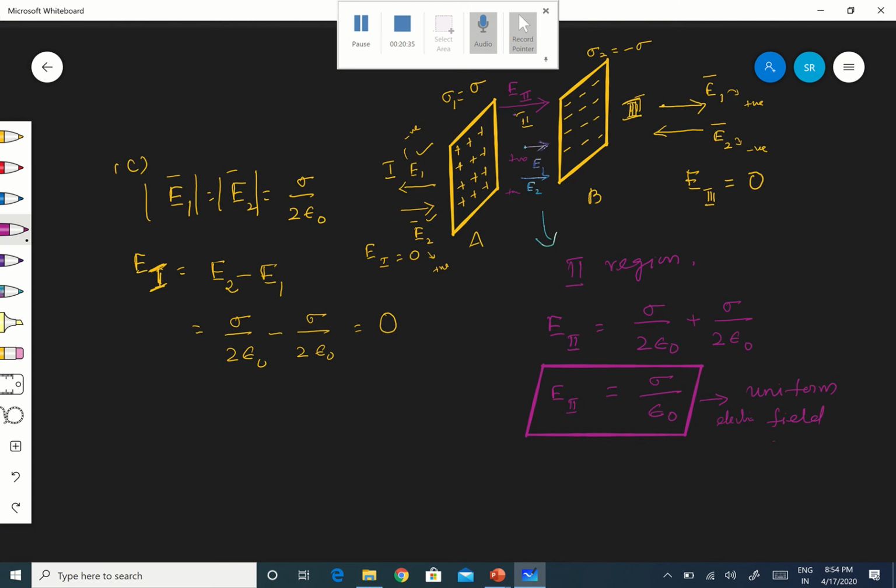Okay, so this is actually very, very important. Two sheets A and B, one is positive and the other is negative charge, but the surface charge density is the same. In that case, to the left of A, the field is 0. To the right of B, the field will be 0. But there is a non-zero uniform electric field in the region between the two plates. This is how uniform fields are produced in practice. This is a method to produce a uniform electric field in practice. Is it clear? That is it.